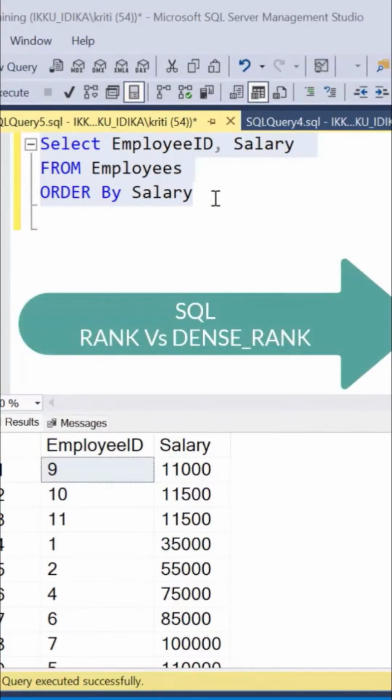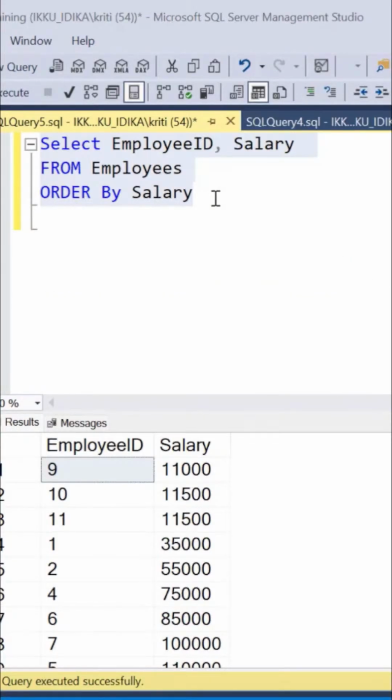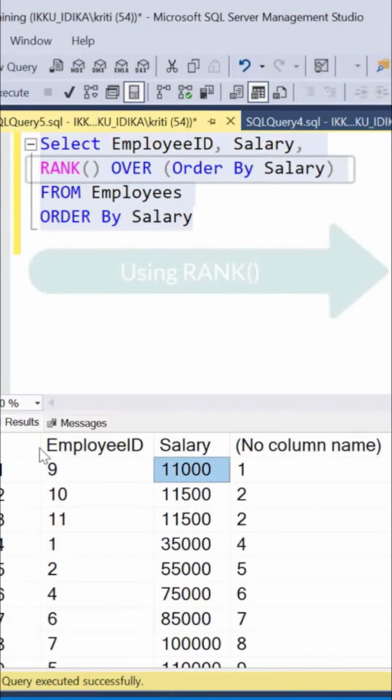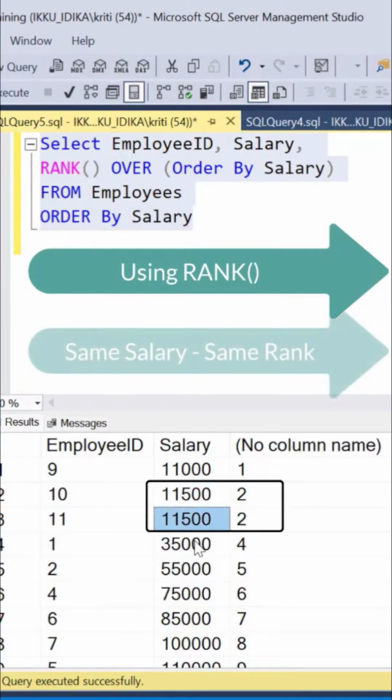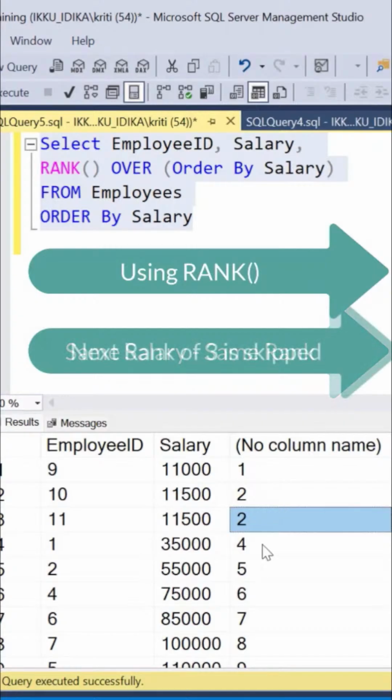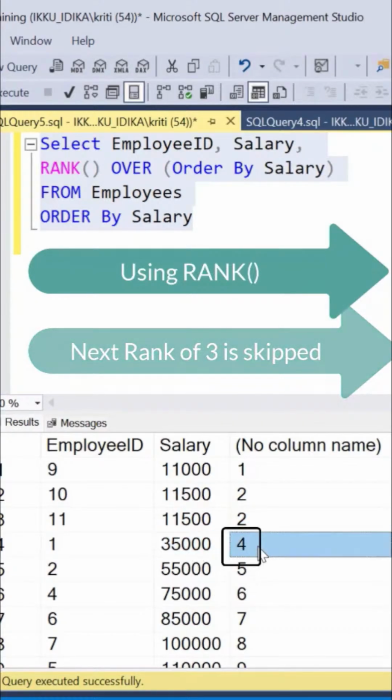We have ordered the employees by their salary. If we want to rank the employees in the order of their salary, we can use the rank function. This generates the rank for the employees in the order of their salary. The ones with the same salary get the same rank. The next rank of 3 is skipped and the next employee in the order of salary directly gets a rank